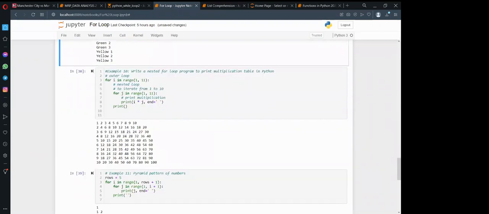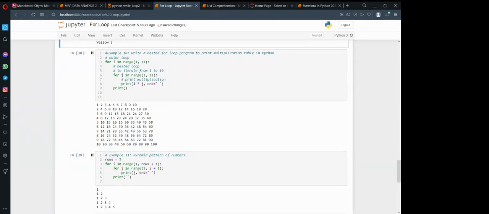Then example 10, you write a nested loop program to print a multiplication table. So programming is supposed to make your work interesting and easy. I know it may look difficult at first, but when you look at it keenly, you'll find that it is just the same for statement that we are looking at. So let's say we say for I in range, that is 1 to 11.